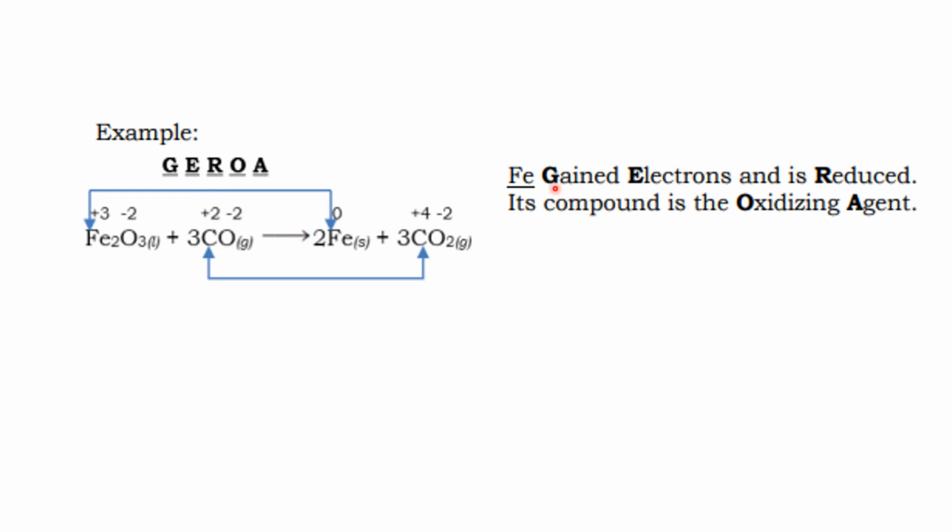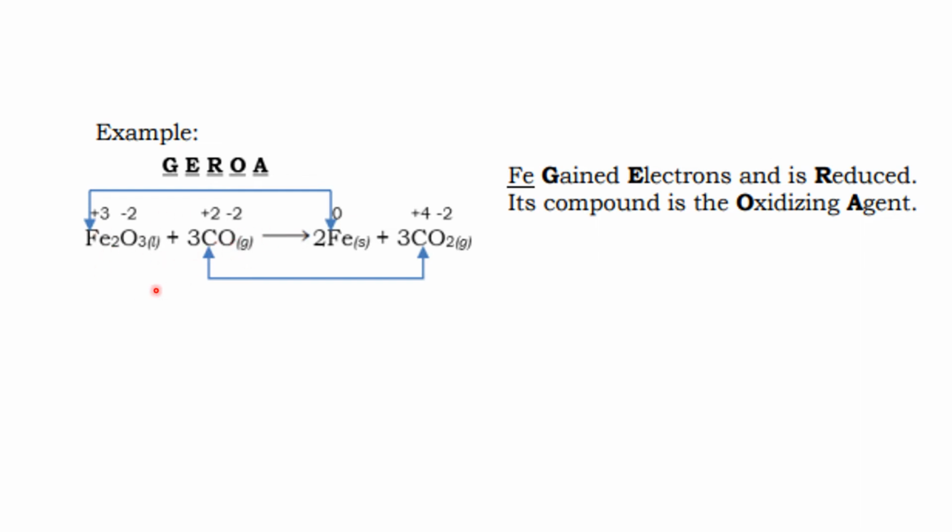GEROA, which means gain of electrons, means that atom undergoes reduction. That substance that carries the reduced atom is the oxidizing agent. So between iron and oxygen here, or between carbon and oxygen, or among iron, oxygen, and carbon, among the three, notice that